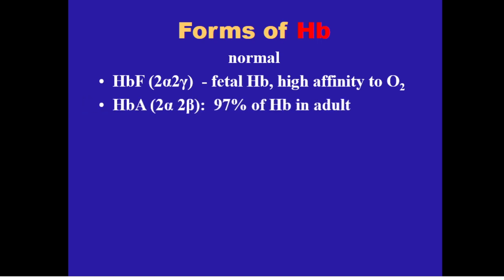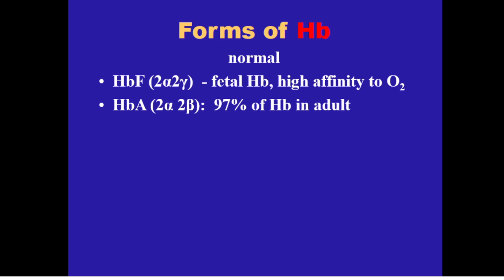Hemoglobin of adults that we discussed has 2 alpha and 2 beta subunits. By this type, 97% of hemoglobin in adults is represented. And you remember, I hope, that after birth, hemoglobin F must be changed to hemoglobin A, and this is accompanied by the hemolysis of erythrocytes. Due to this, physiologically, newborns 1, 2, or 3 days after birth